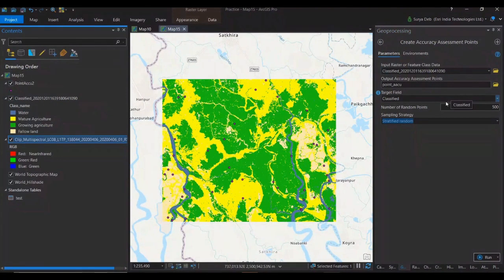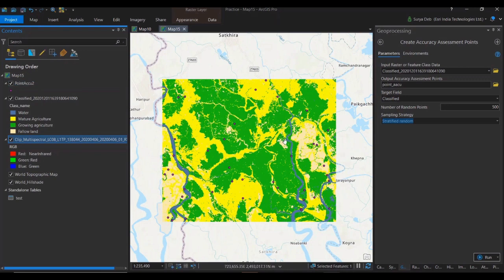One more thing I forgot to tell you is the number of points. As I told you, whenever we go to the field, we collect 200 samples if you are doing a ward level or district level classification. So we collect a minimum of 200 points. In this case, it is randomly created 500, but to show you in a quick way, as I have 15 minutes, I have taken here 20. If I give 20, it will automatically create 40 points. If I click run, you will get this accuracy point.